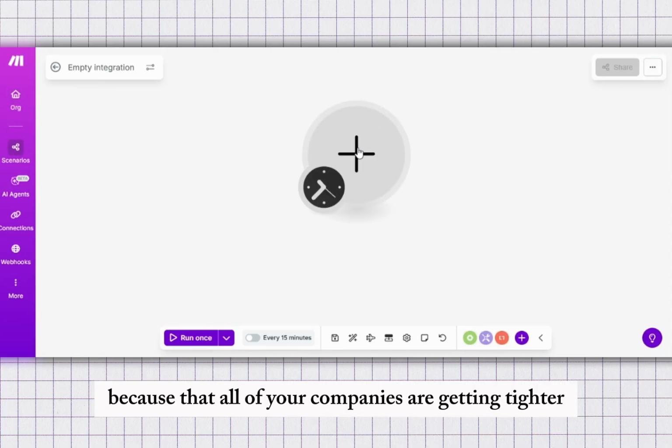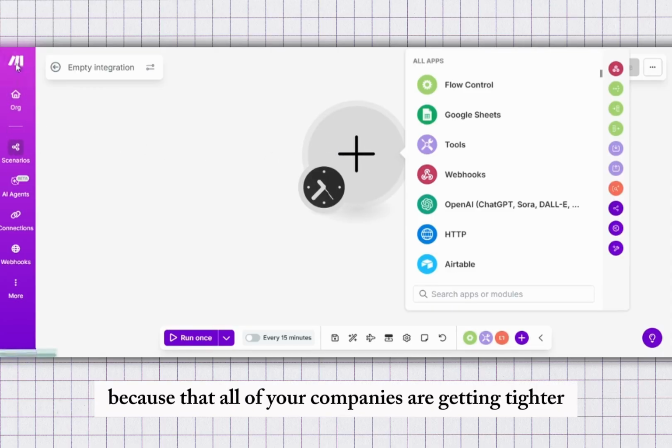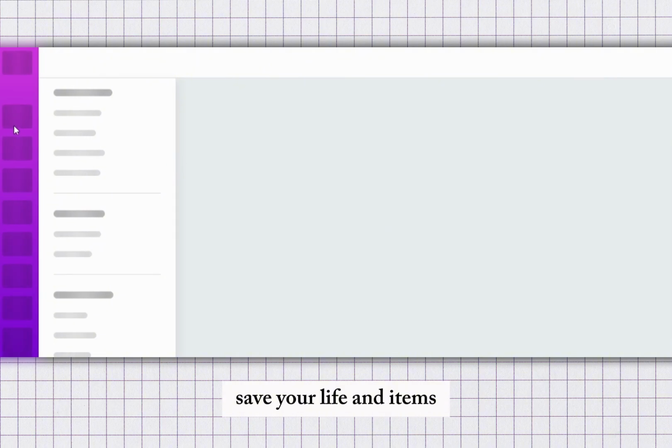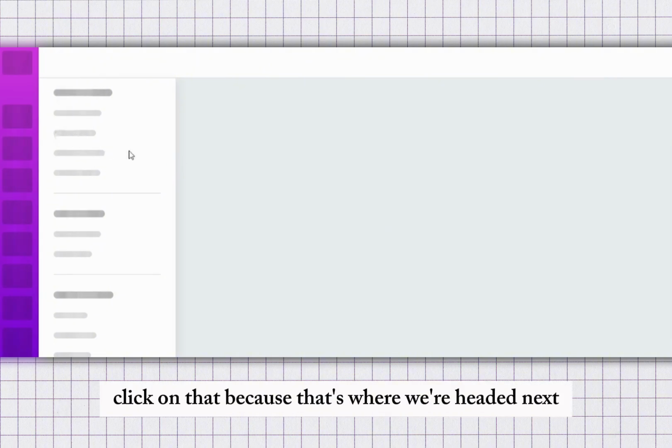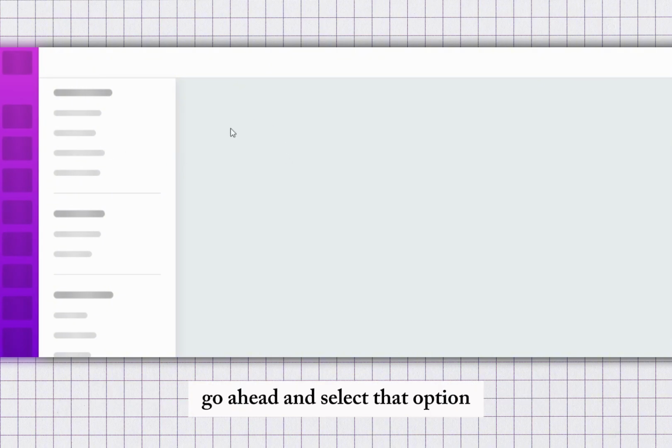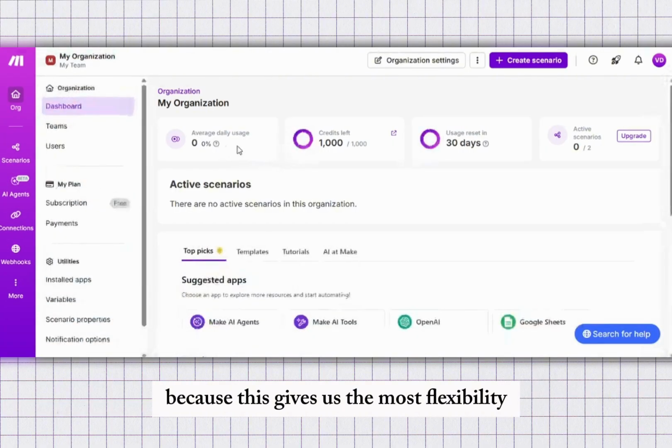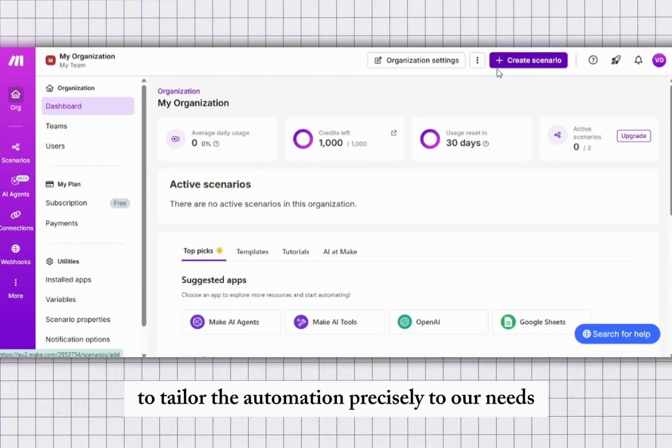Click on that, because that's where we're headed next. Go ahead and select that option, because this gives us the most flexibility to tailor the automation precisely to our